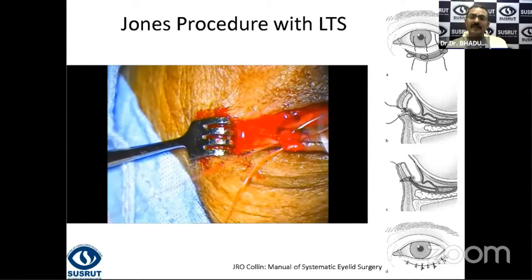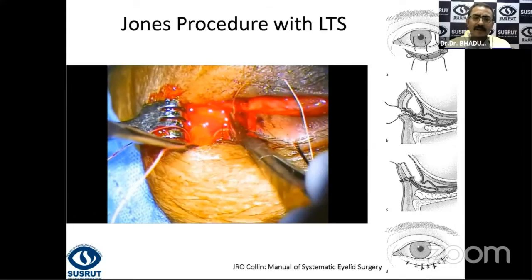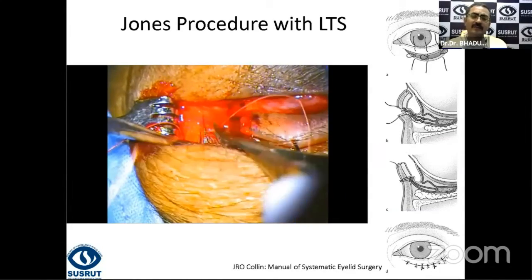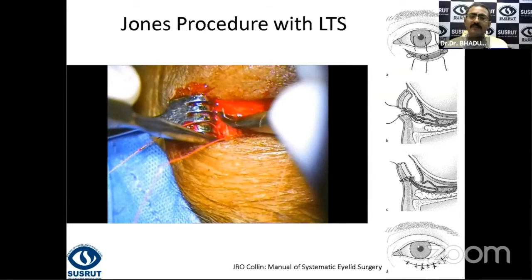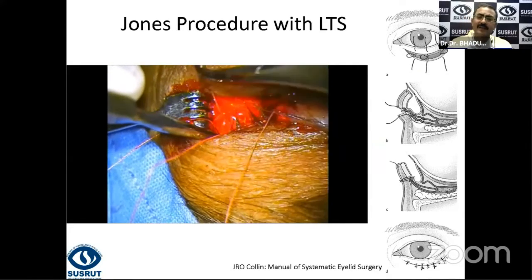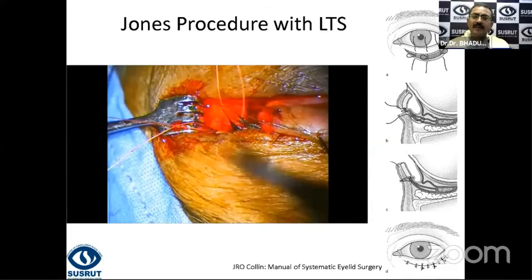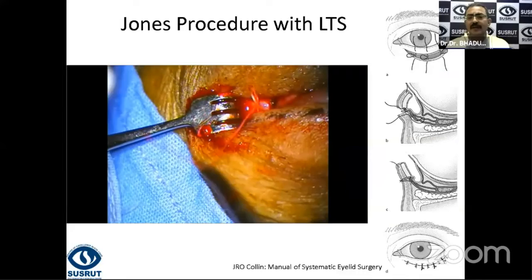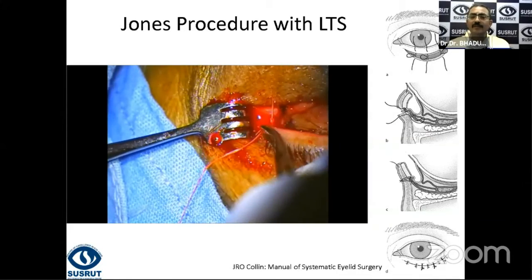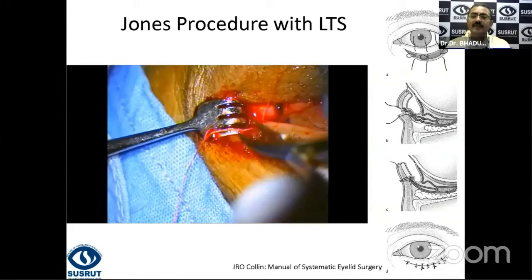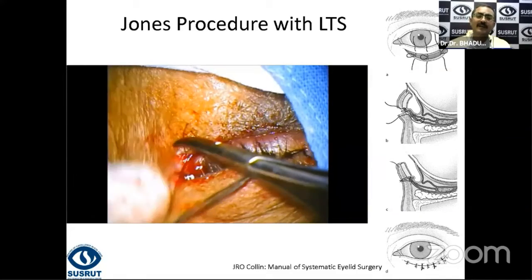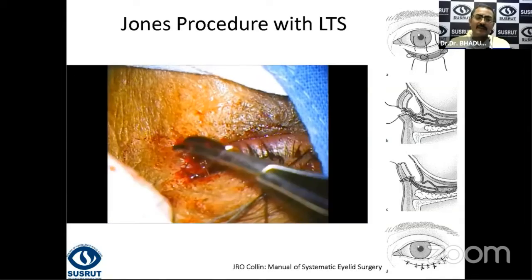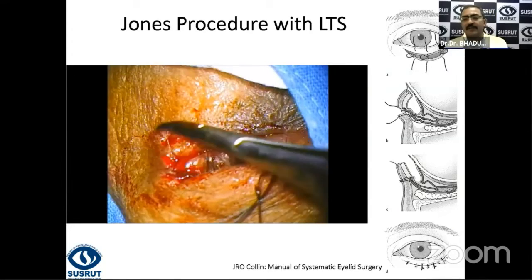the suture. The suture that I'm using here is a braided polyester. Now you can also use Prolene or you can use Vicryl, but braided polyester has very good knotting properties, and again is a strong as well as a permanent suture. So over the years, I have shifted to this material. This is a 5-0 braided polyester. And when you put the suture through the periosteum at the lateral orbital rim, you get nice correction of the horizontal lid laxity. So once you've done that, we can go back to doing the Jones procedure.